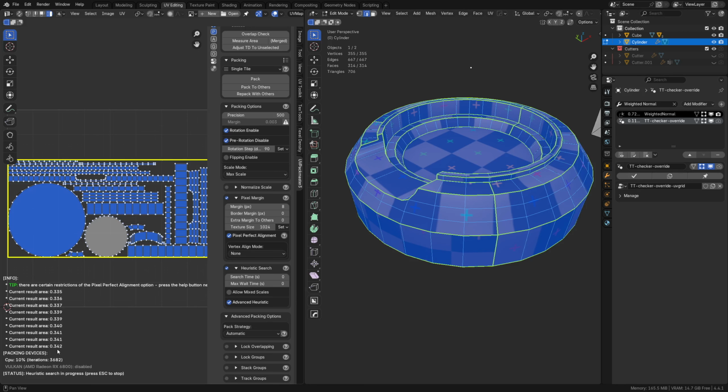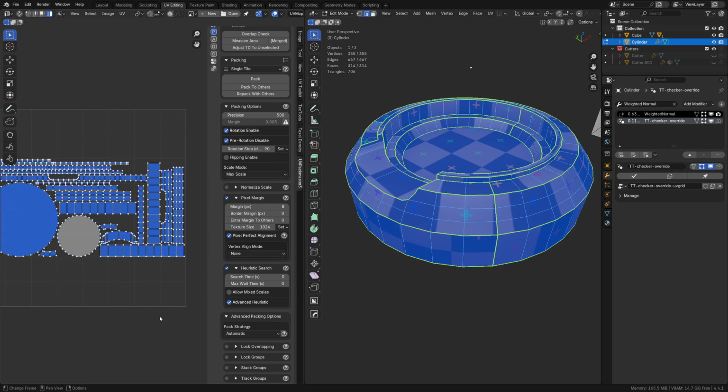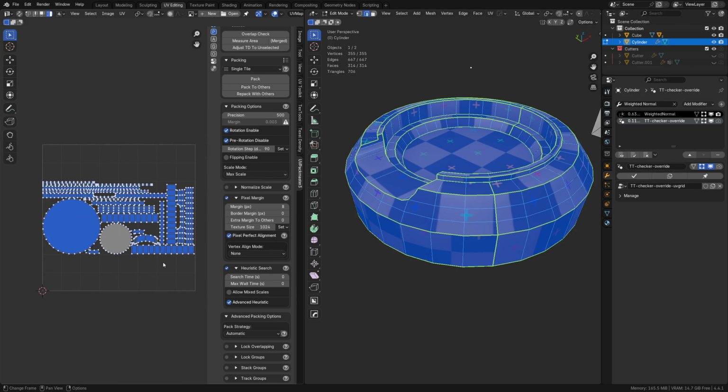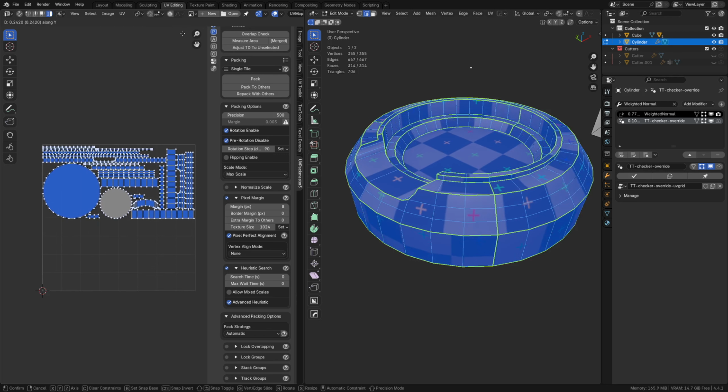Oh, it's going to give us the wrong efficiency because it's still counting all the outside area here, but we can clearly see that this is more efficient. It's much more efficient. So if we were using a non-square texture, this is fine, right? However, even though you could use a non-square texture,